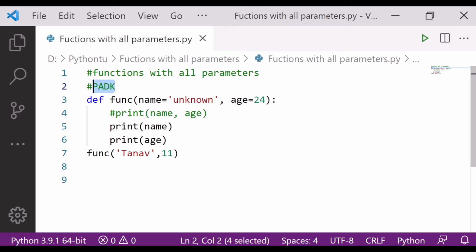So what is the meaning of P here? P means the normal parameters, A means args, D means default parameter, K is kwargs. We already read about args and kwargs in the previous video. So I'm simply telling you about the order. Let me comment it out.